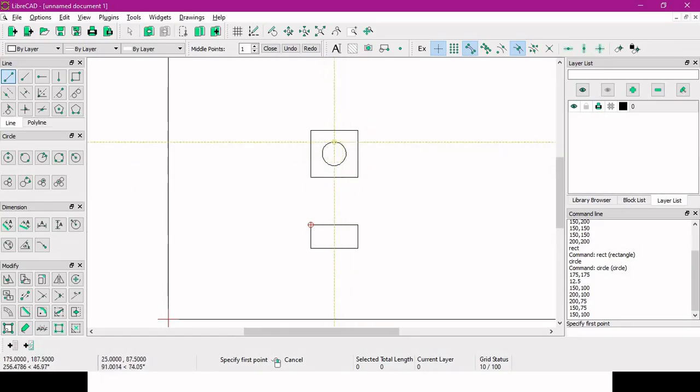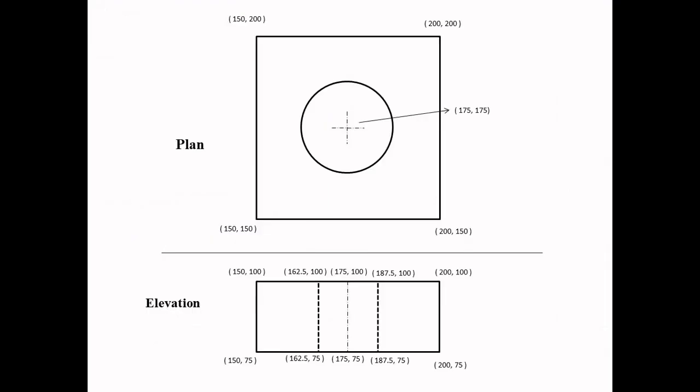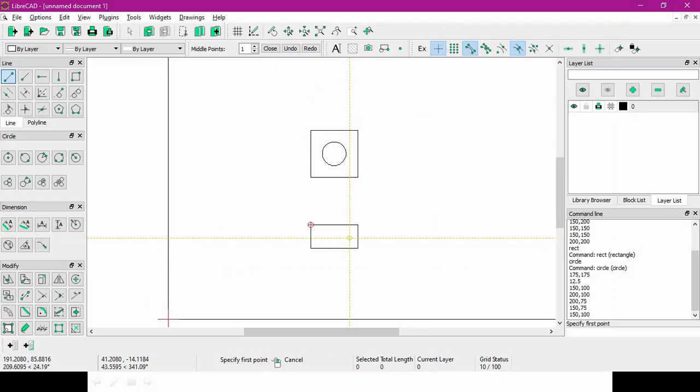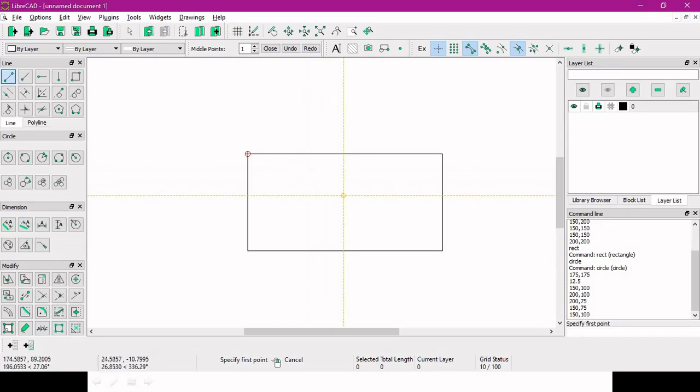Since this is a hole, the edge of the circular hole will be a hidden line. For that we can select the line and change the property. First let's draw those lines. Let's see the coordinates. The coordinates are 162.5 and 100 here. Before drawing these lines, if you want to change their property, since they are hidden lines, you can change it here.